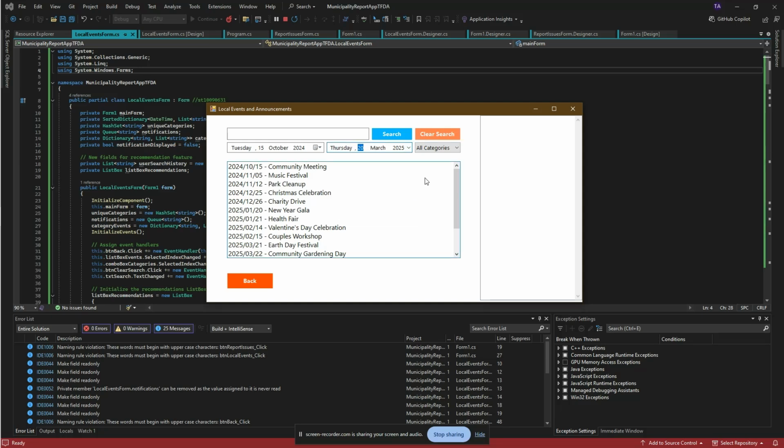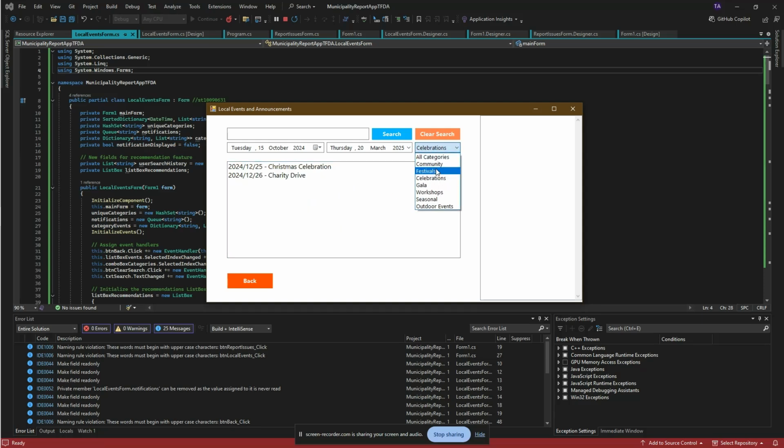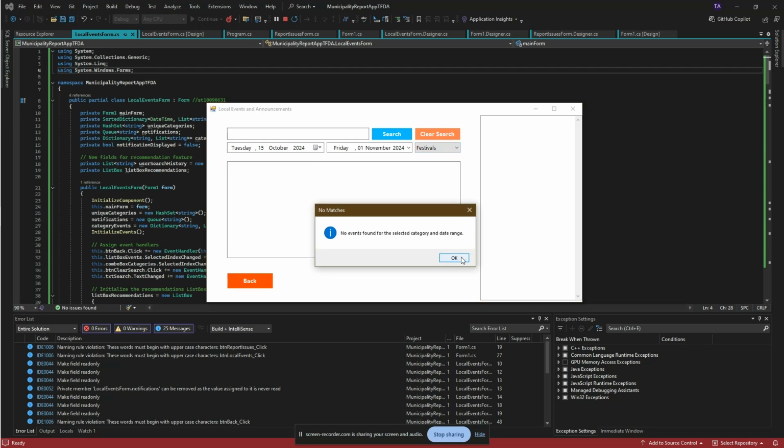Let's say March and let's say Gala. We do have two galas. Celebrations, we do have two celebrations. Festival, we have a music festival. 11th of the 5th. Now, if we go and remove that, 1st of the 5th, festival, and it will not